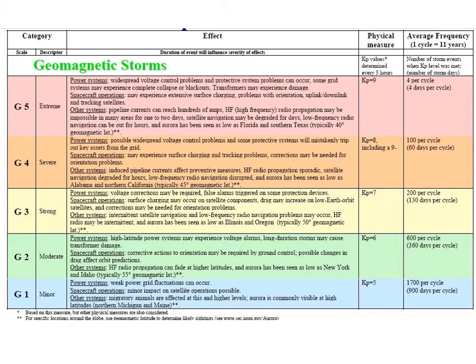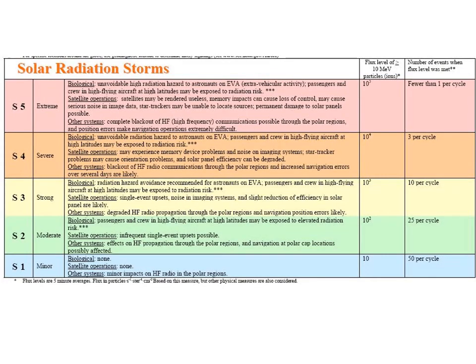The aurora is visible as far south as Texas if you have a G5. And I've actually seen the aurora here in Texas several times during a major geomagnetic storm. The other thing that happens in geomagnetic storms is that you produce radio interference, and you can also produce voltages that cause a lot of current to run down power lines and pipelines, things that don't normally have DC current running down them.